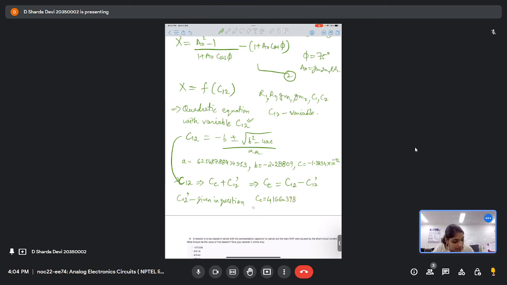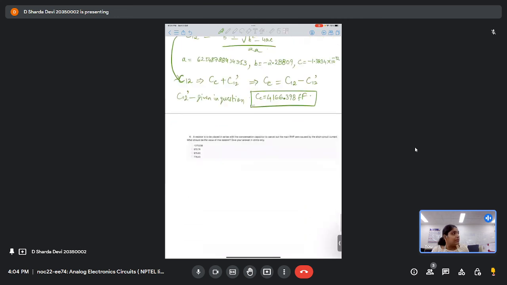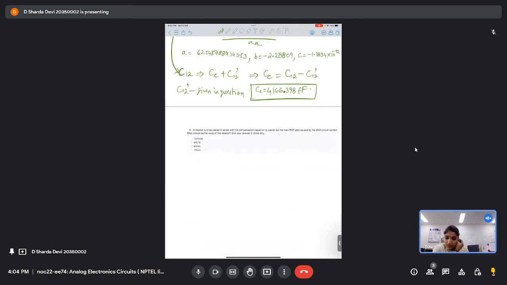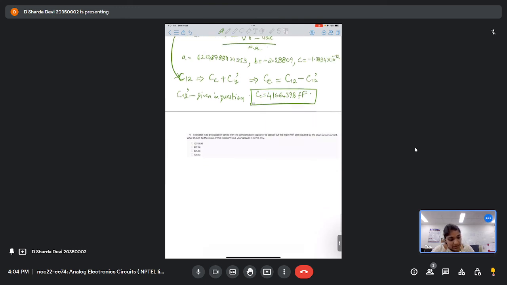4166.398 femtofarad. This is the value that we'll get for the compensation capacitance. Clear? Now, next thing is, for suppose rather than compensating it with